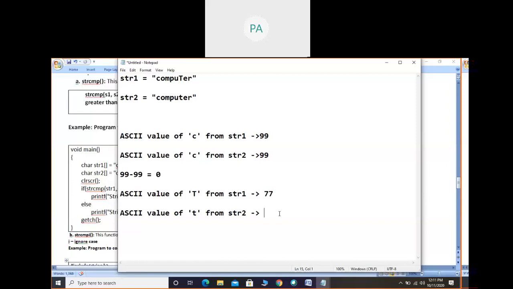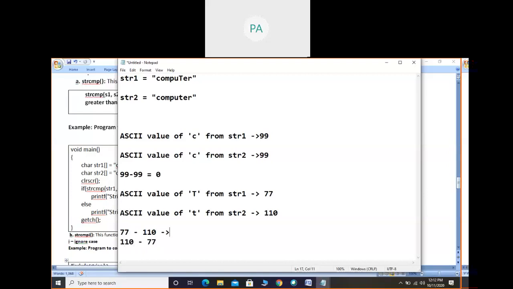Okay. So between 65 to 96 it is there. Similarly, small letter a is 97, small letter b is 98, small letter c is 99. We can consider somewhere around 116, or 110 somewhere. Okay. Now you find out the difference here: 77 minus 110 or 110 minus 77. Anyways, you have to find out the difference.